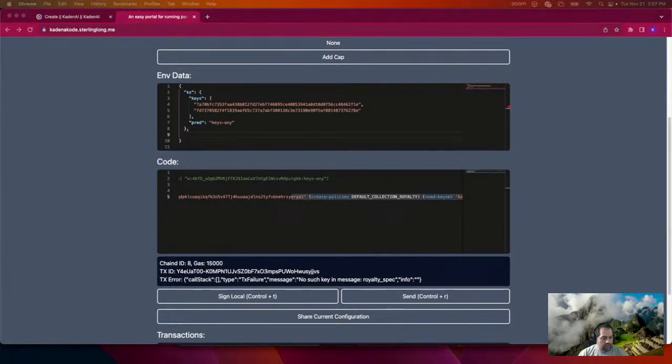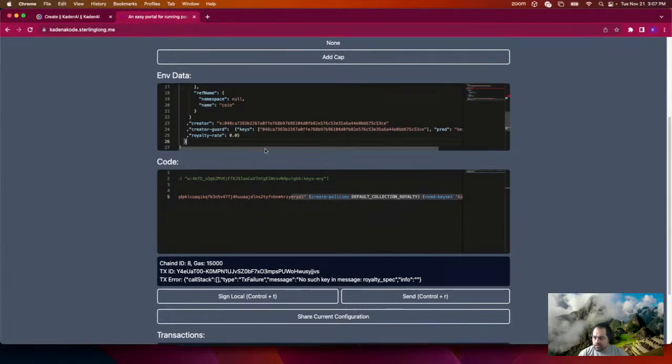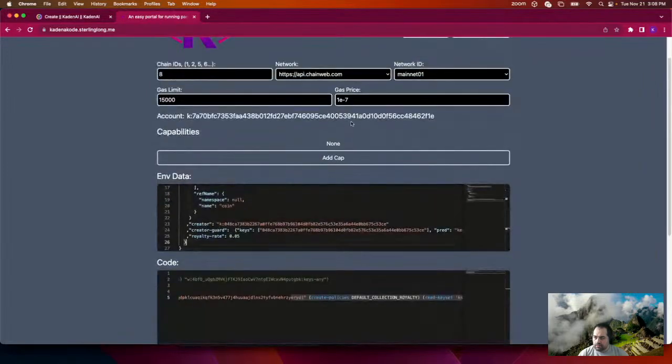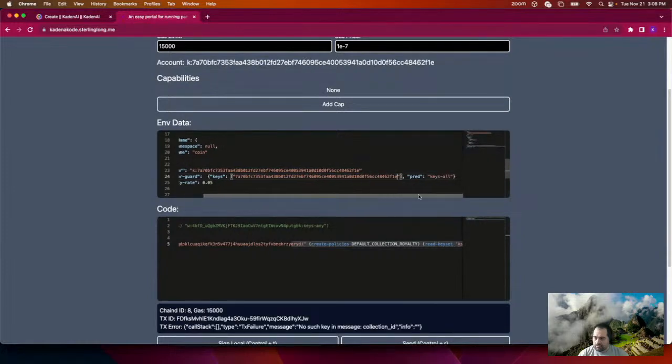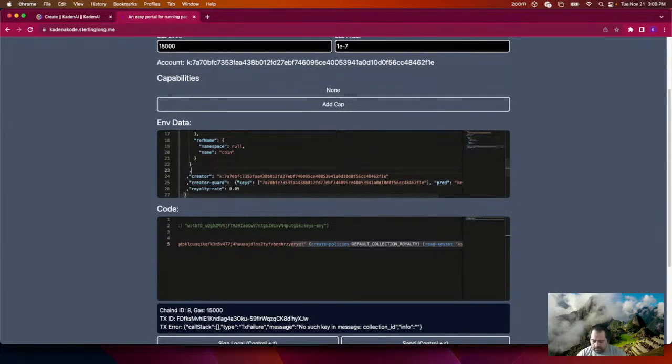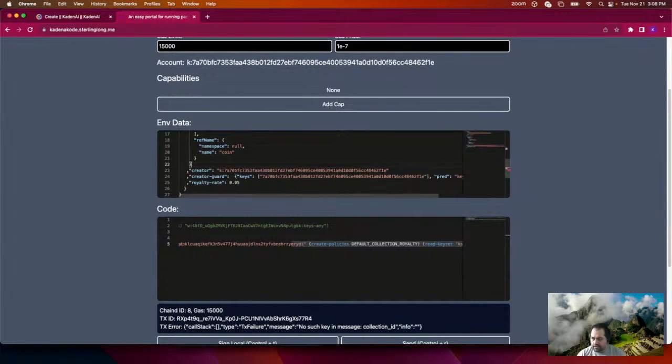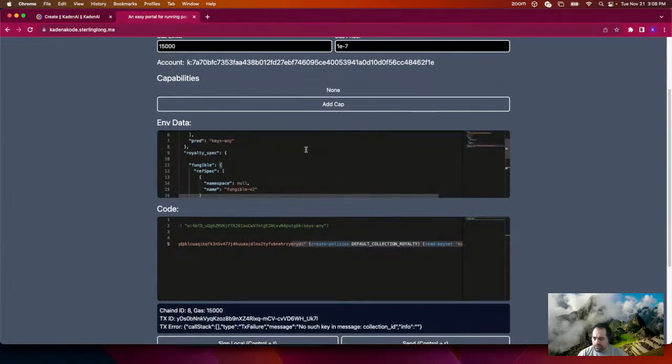Let's just copy this. Creator is this guy. Keys, this. Collection ID. Okay. No, I don't think that's supposed to be in here. That should be up here. So collection underscore ID